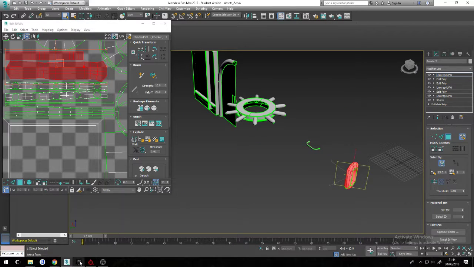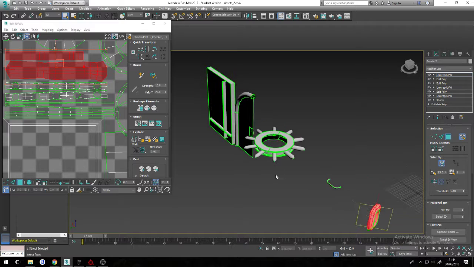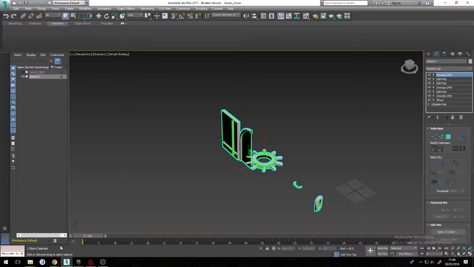Whereas in the final version, it's then duplicated and placed. Well, to be fair, it was placed originally. If I open up the actual scene,